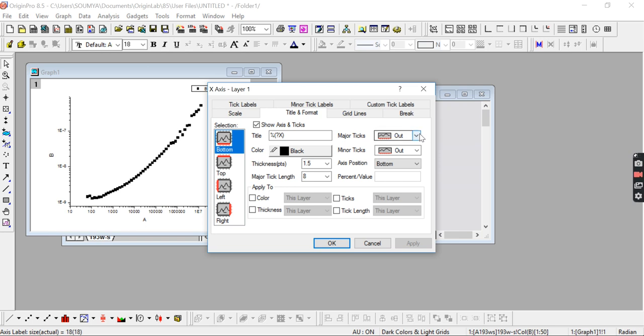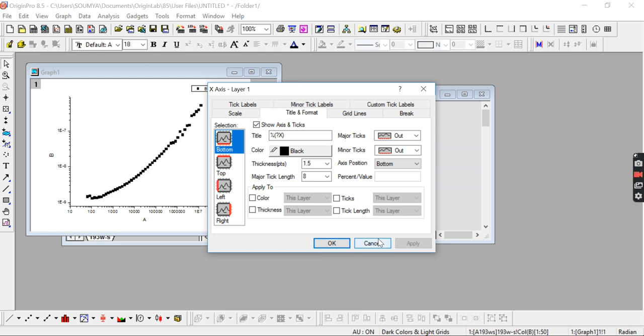But suppose I set it as in, both ticks are in, then apply. You see now the ticks move inside the graph. So in this way you can have control over the ticks. So suppose I am again setting it to out, then apply.